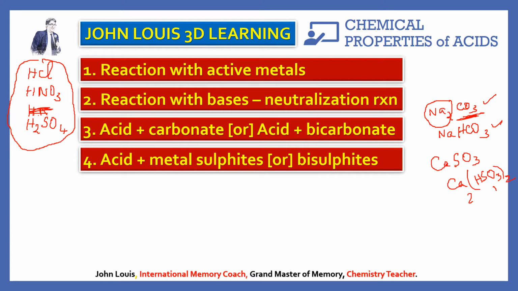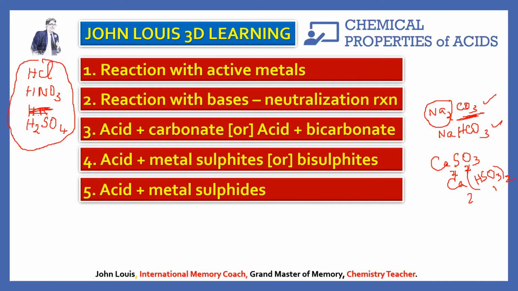Ca(HSO3) twice, because bisulfate valency is 1, calcium valency is 2. That is why we are getting Ca(HSO3) twice. Whereas in calcium sulfate, calcium valency is 2, sulfate valency is also 2. Therefore we get CaSO3. See, all these things we should know. Symbols and valencies right from the beginning I am telling you, and whenever we get a chance I am explaining again and again also.